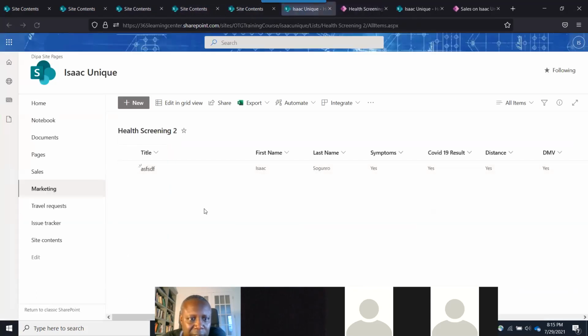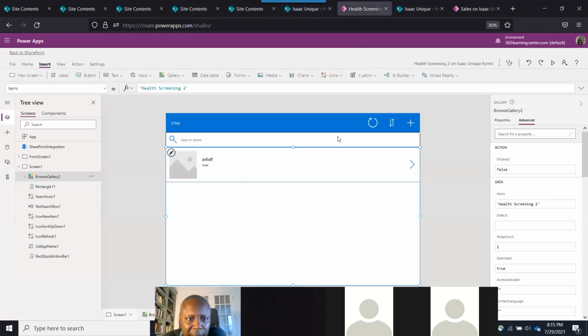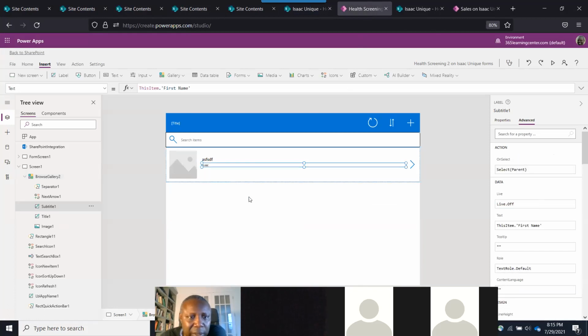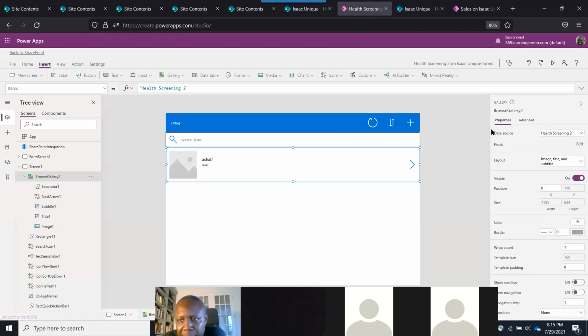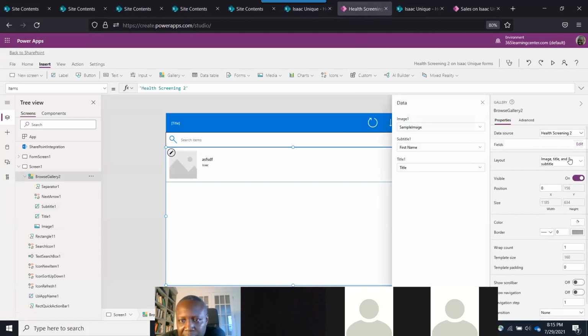This is the information that's in here. So let me go back. I can also change that. I can say, you know what? I don't want this. So I can come in here. I can click on here and say edit. If I go to properties, actually, I don't even do that. I just come here. You select your gallery. You click on your edit. And then I can say, like, I don't want